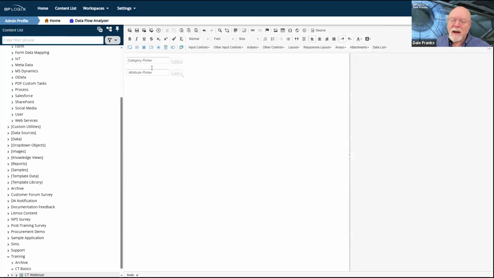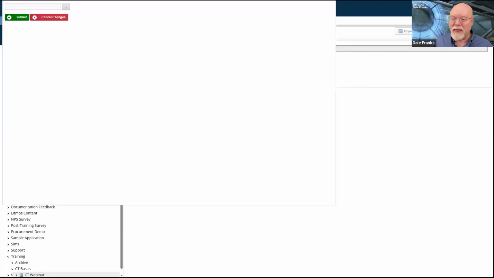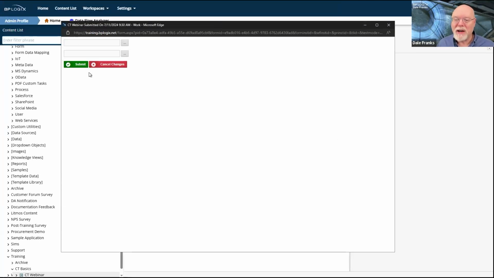But in any event, what you would think would be that when this form is running, I probably should have kept it running, huh? What you might think is that when this form is running, what I would want to be able to do is to just be able to pick a value and submit the form, and then magic would happen and it would associate that form with that metadata. So it runs here and I say, oh, well, this is all great.